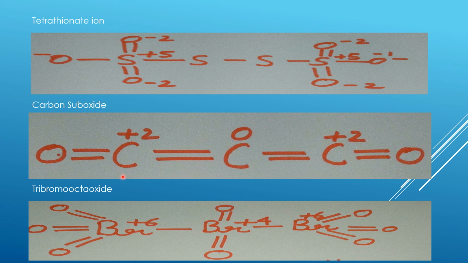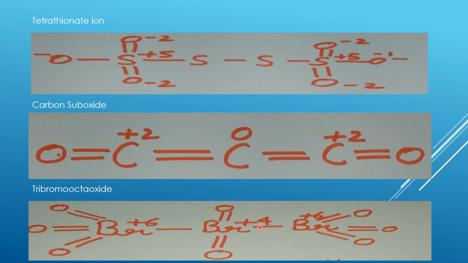So now we'll decide through its structure. Such a big fractional number will not be the oxidation state of carbon suboxide, so in that case we will take a structure. This is the structure of carbon suboxide. These 3 are directly bonded to carbon. This central carbon atom is bonded to 2 carbon atoms, so its oxidation state will be 0. Similar atoms are there, and the oxidation states of these 2 carbon atoms are decided through oxygen. Its charge is -2, so on this carbon atom +2, and on the other side the same process is followed.